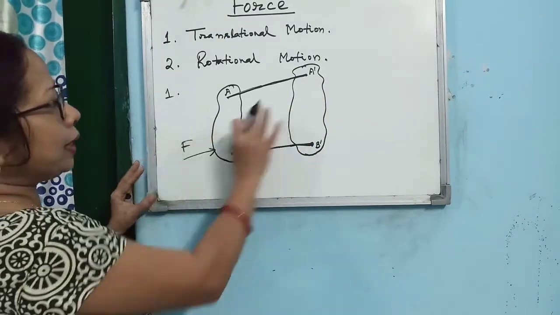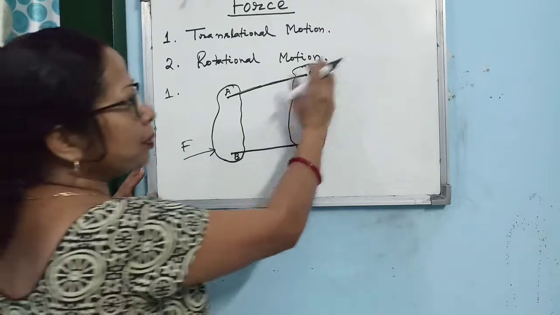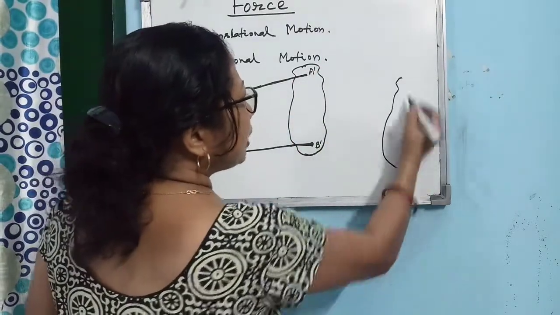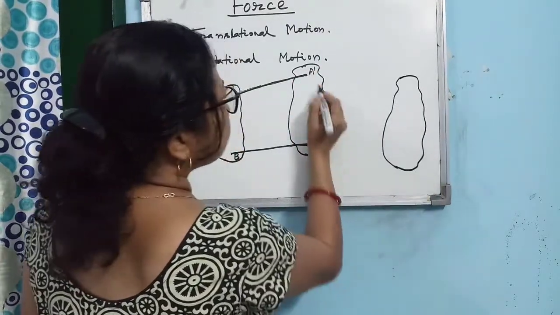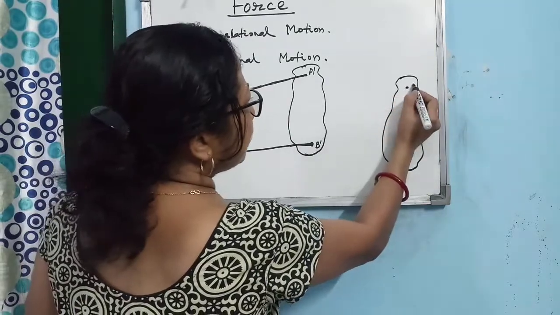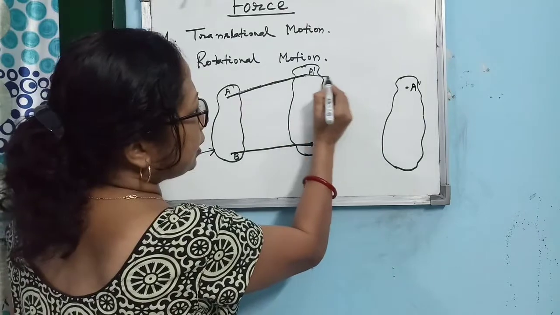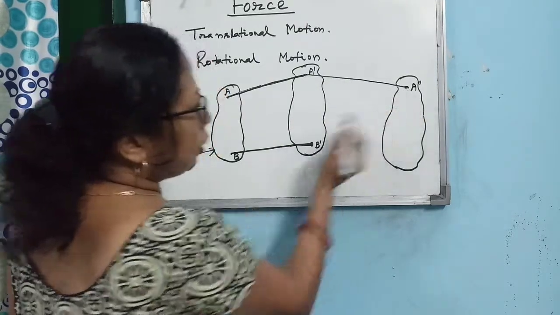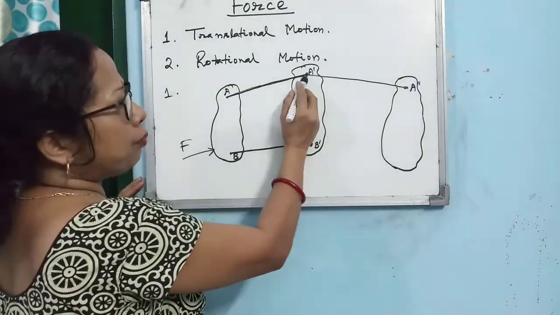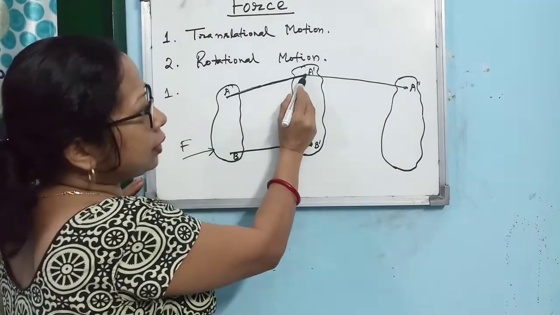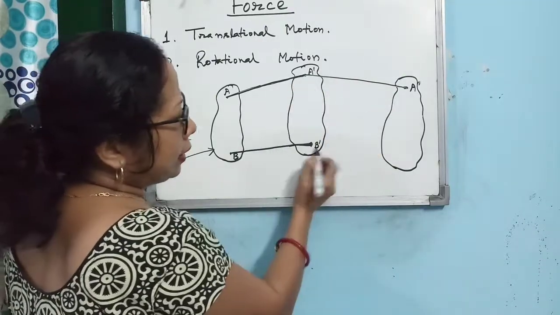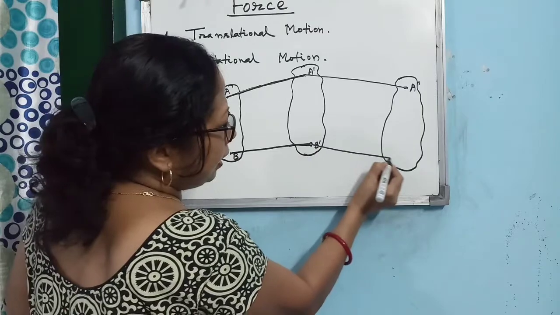Suppose after application of the force, the body has come here. Then, after some time, the body has come here. So, you see, now, what is the position of the point A I have taken? It has come here. So, if I join the positions of the point A by a line, I am getting this line. Then you see,